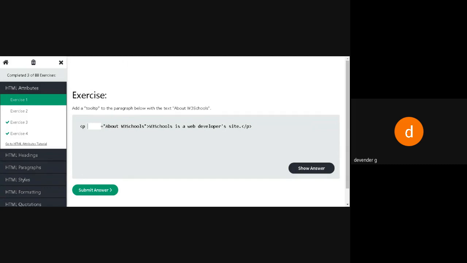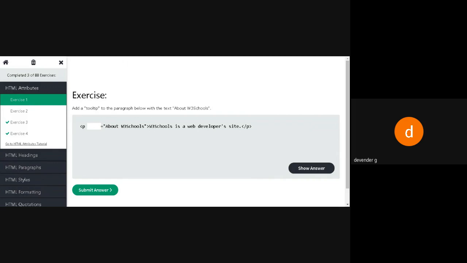We have come across H1 heading tags, paragraph tags, anchor tags, body tag, HTML tag, title tag. Like this, we have been learning about the HTML elements, and each and every HTML element has characteristics. In our HTML language, those characteristics we call properties or attributes,